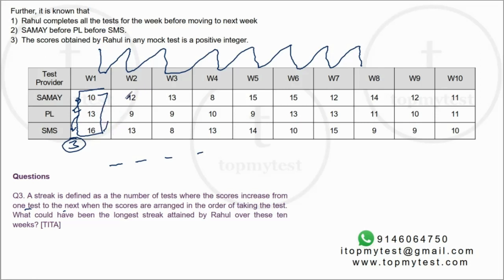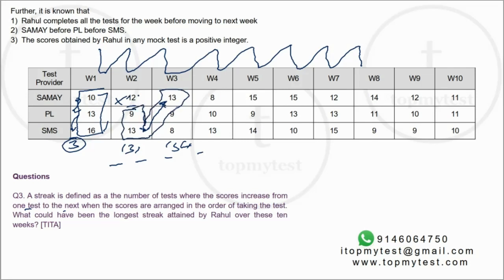Okay, let's look at this. From 12 to 9, okay, it's actually a drop. So there cannot be any streak here. Let's check the next streak. From 9 to 13, there can be an increase. From 13 to 13, there can be an increase. For example, this score can be 131, this score can be 134. So there can technically, theoretically be an increase. So again, you can have a streak of 3.